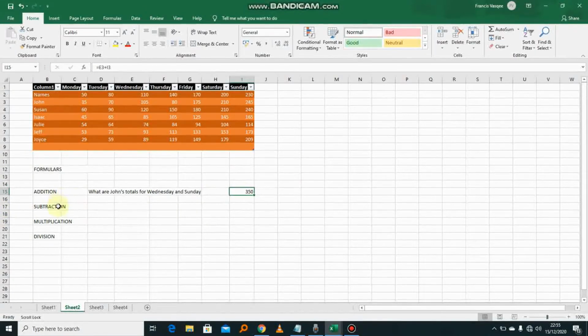Subtraction will also work the same way. I'm not going to type the question on subtraction because that is a bit more time consuming. Let's say, for instance, what was the difference for Joyce's section on Saturday and on Tuesday? Assume our question was typed there and our answer is supposed to appear in this section. So I'll type a difference